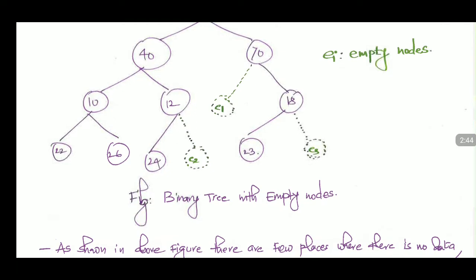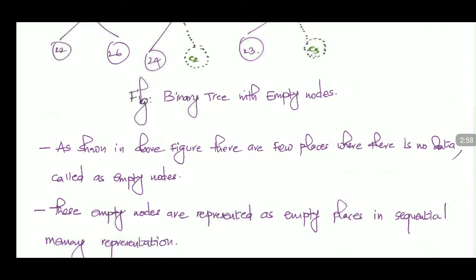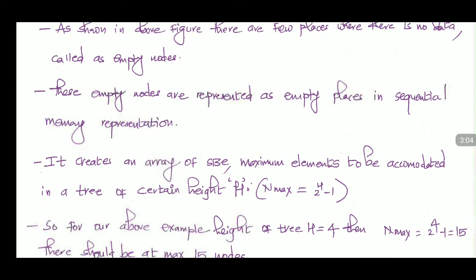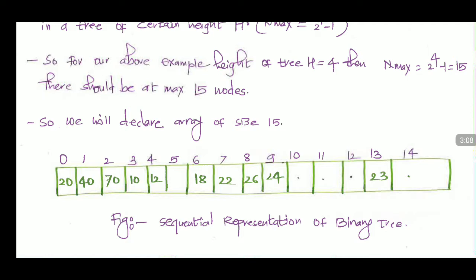Basically, I have represented the nodes that are not part of this binary tree with a green color and dotted lines. Now, in order to develop their sequential representation,